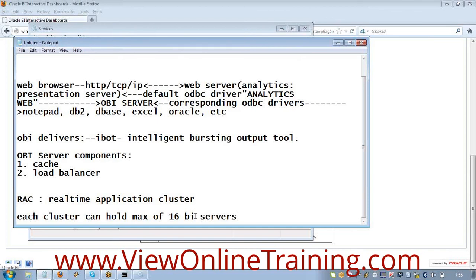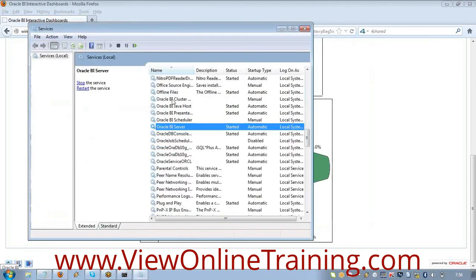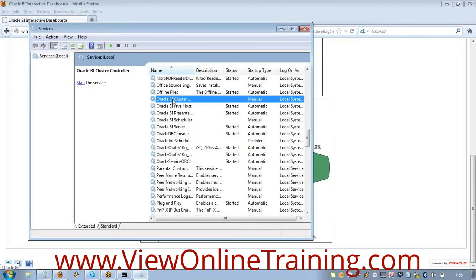And if the load is still more, you can create one more cluster, because each cluster can hold 16 BI servers. So depending on the load to be handled, you go and configure the clusters. Understood? Now who is going to configure this Oracle BI cluster controller server? Using this Oracle BI cluster controller server, the Oracle database administrator or the OBI administrator is going to configure a cluster.